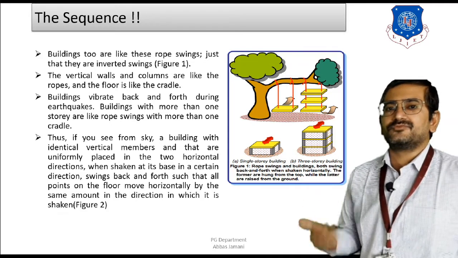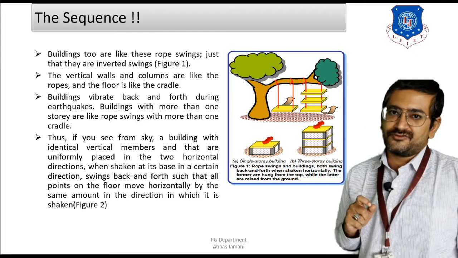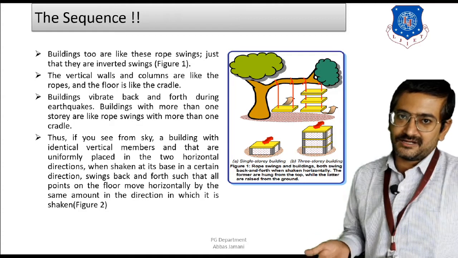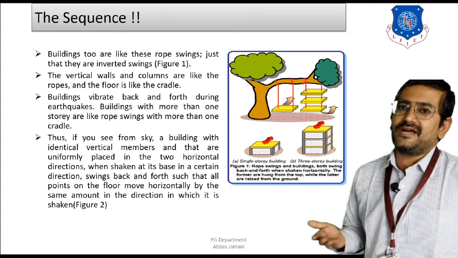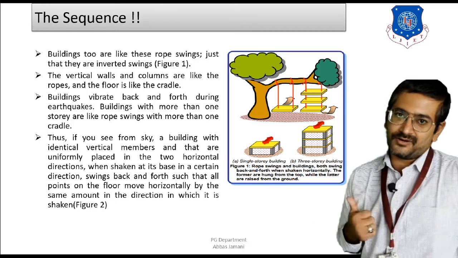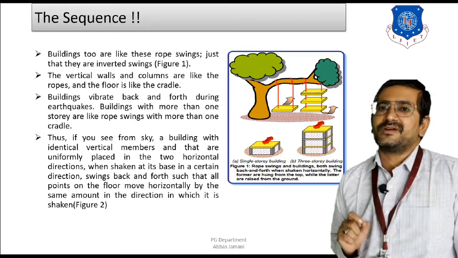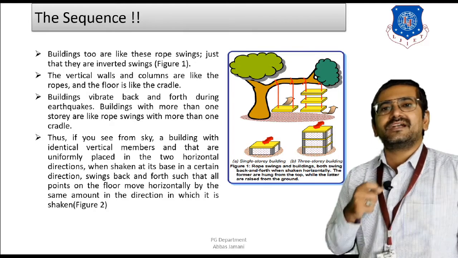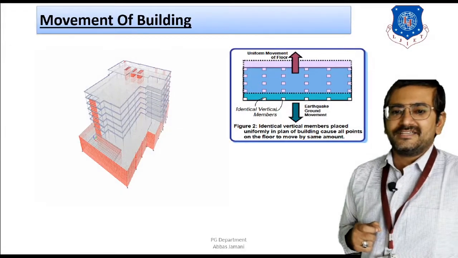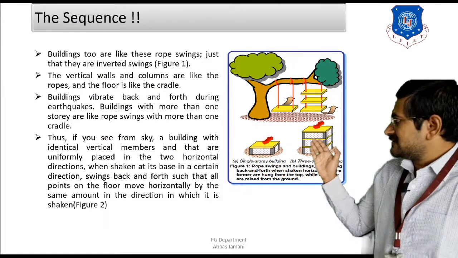Why does this back and forth movement happen in buildings? Because in buildings, the reversal of stresses is going to be there. That is, once we consider that the earthquake is going to act in the direction from left to right, and the second time we consider that the earthquake is going to act from right to left. So reversal of stresses is going to be there in a building, and that is why the back and forth movement is to be considered. The same kind of movement happens in a rope swing also, right? So as you can see in this particular example over here, two examples are given.